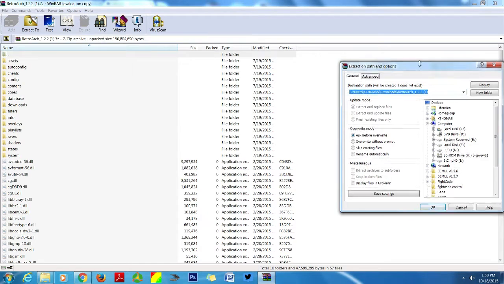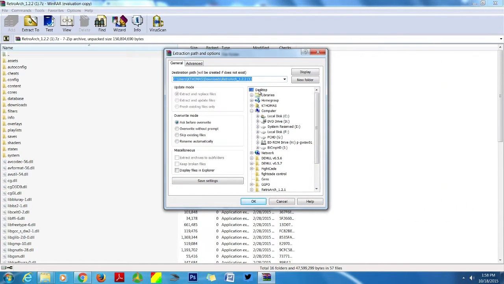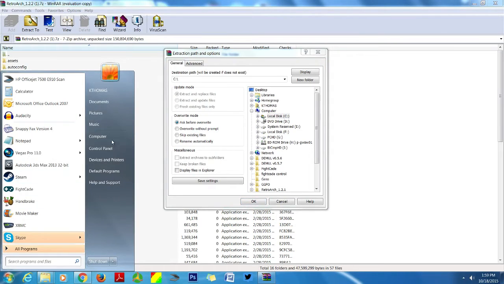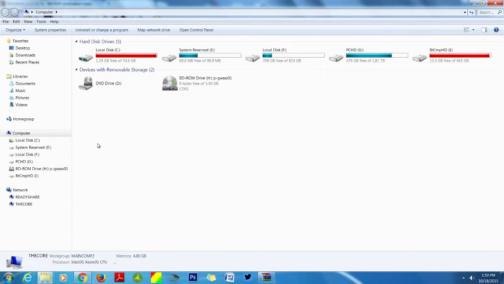Hopefully, you're familiar with us doing this before, but if not, normally I extract it to the desktop, because that's usually the easiest place for people to find it. Although in this case, you might just want to put it on the local disk. If you're not familiar with your computer manager that shows you all your hard drives, it's basically your local disk, usually the C drive.